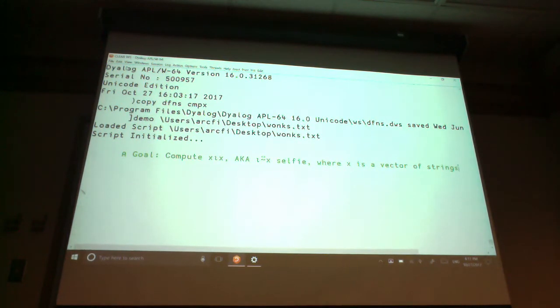So I like that. The problem is to compute x iota of x, which basically is the index lookup of x inside of itself, which means that, let's say x is a vector of strings. We're going to look into x and find the first occurrence of a given string inside of that x. And for every occurrence of that string, we'll return the index of that first occurrence. So, for example,